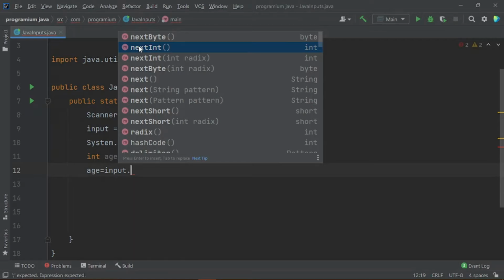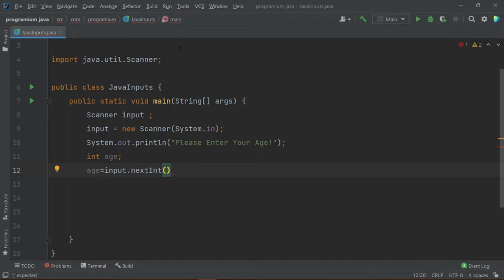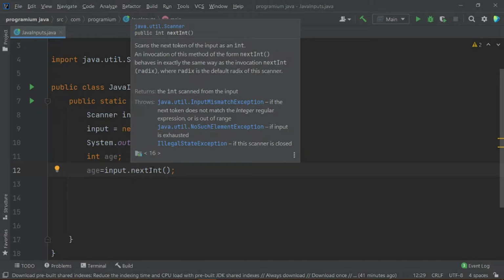By the name you can see there, you can assume that we have to use a next int here, and let me put a semicolon at the end of every line. I'm hovering on this next int, and it is showing its documentation, and it is saying it returns the int scanned from the input. Okay,